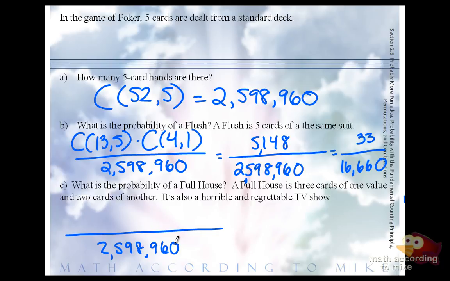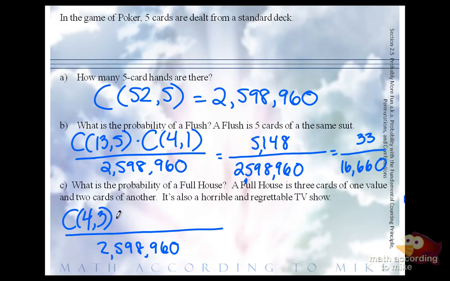Let's think about how we're going to break down this numerator. So we want to get 3 cards of one value and then 2 cards of another value. How many cards share the same value? So like how many jacks are there? 4. So I think I gave the example of 3 queens and 2 jacks? So let's use that. Out of the 4 queens, we would want to pick 3 of them. So a combination of 4 choose 3 for the first value.